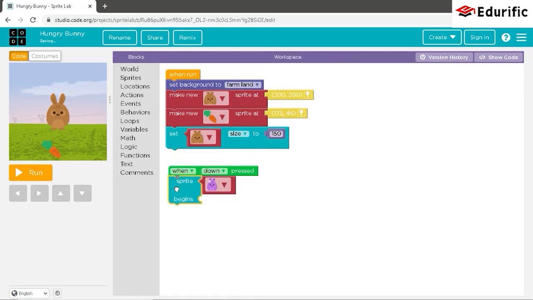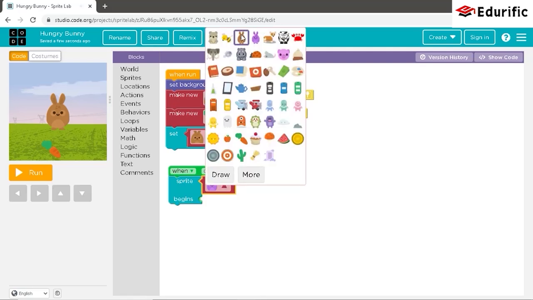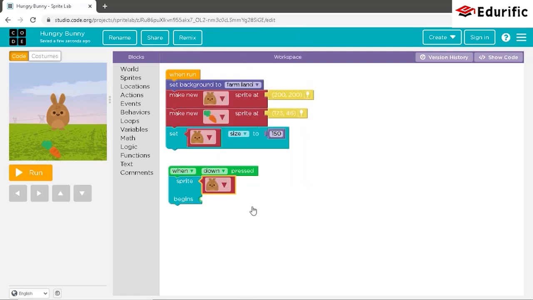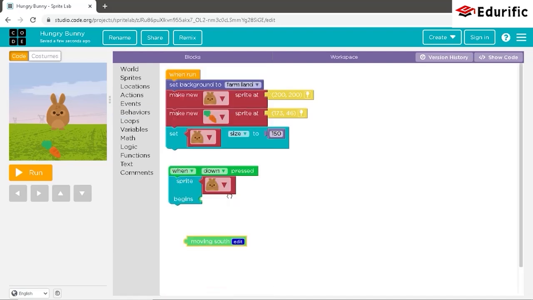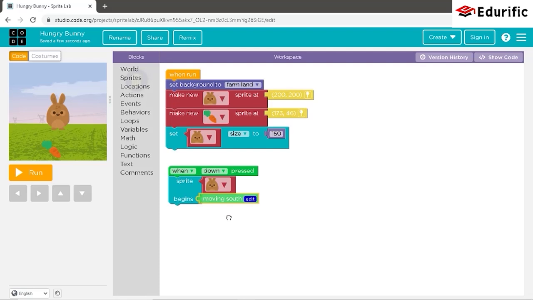Since our sprite is the brown bunny, we shall change it to brown bunny and add the motion of the bunny, that is, moving south from the behaviors category. This means when the down key is pressed, the sprite should begin to move towards the south.